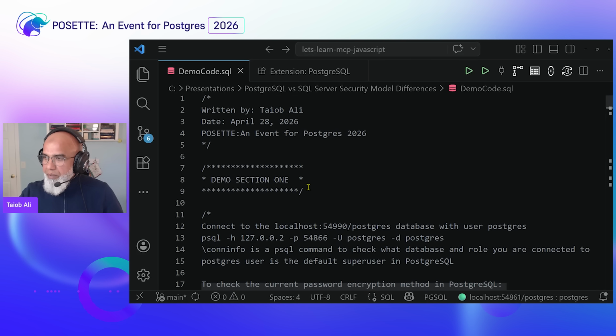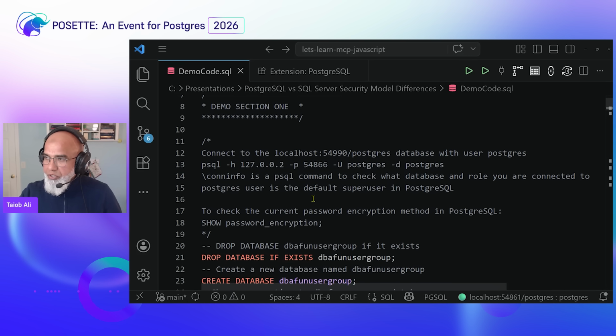So I have a demo section 1 and a demo section 2 and 3. I know I don't have time to run through all 3 sections, but I have put enough comments here, more than I'll put even in my production code, because I know that we don't have time here. Once this conference is over, wherever you're going to get our slides, I will upload this, and you just have to change the name of your cluster, and wherever you're running it, maybe the port number. Everything else should work as is. And if you get stuck, as I shared my contact, and I'll do it again at the end, you can always reach out to me if you run into an issue.